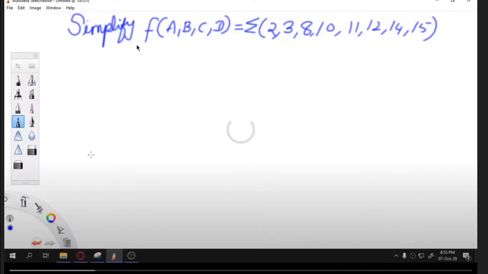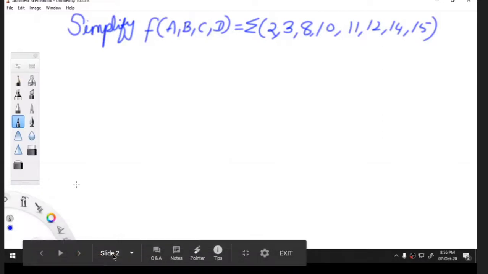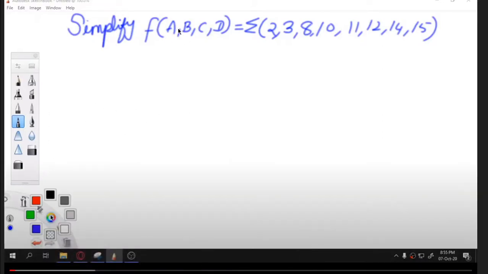Here I have taken a 4-variable Karnaugh map. Based on the number of variables in the expression, we can say whether it is a 4-variable, 3-variable or 2-variable map. Here we can see the 4 variables A, B, C and D, and this is the sum of the min terms.